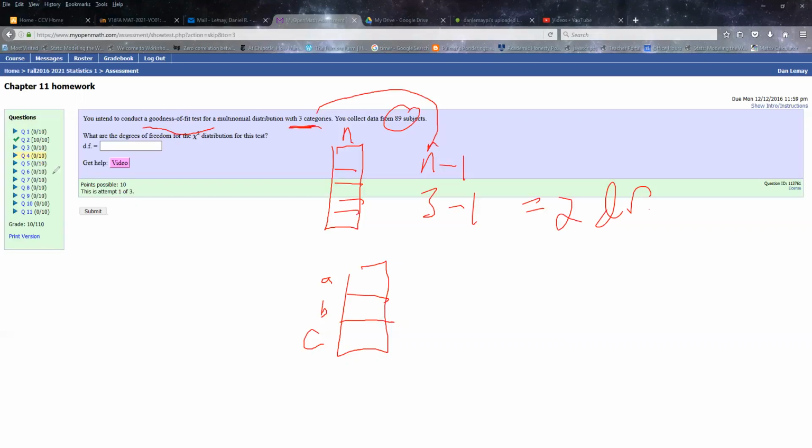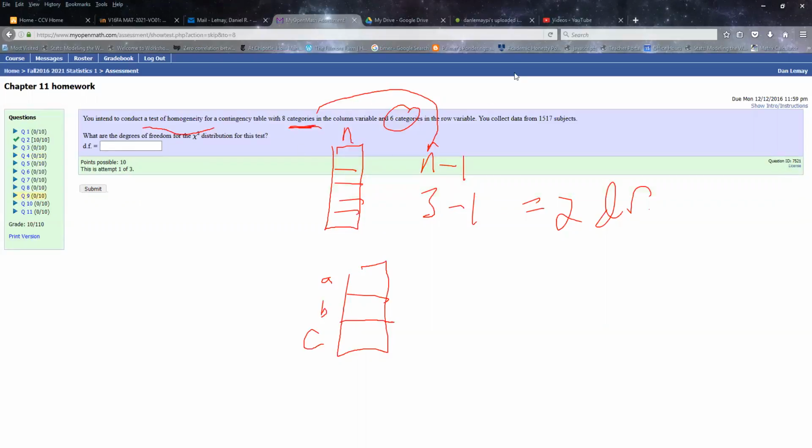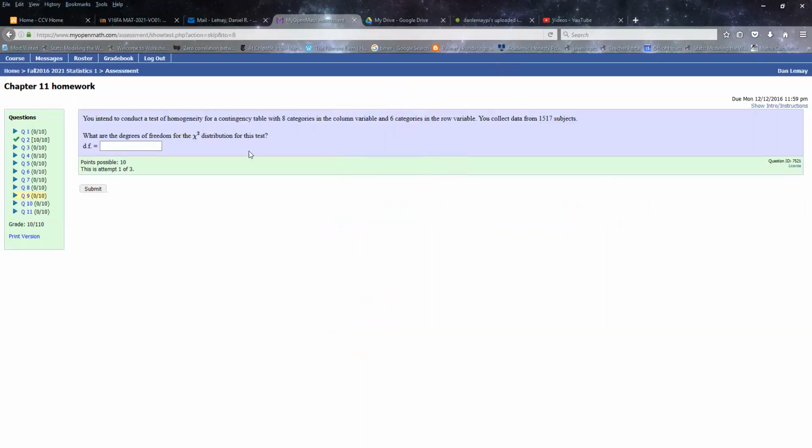Now, what if you're doing a two-way table? That's down like question 9. Let me clear this out. So when you have a contingency table or a two-way table, what you do to get the degrees of freedom, you do the number of rows minus 1 times the number of columns